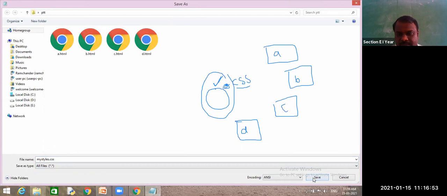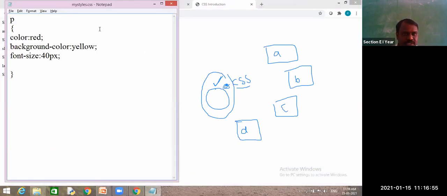I have saved this one. When you see this in your folder, the text document will display with a gear symbol. Do you know the gear symbol? Settings. Like that you can see one gear symbol.